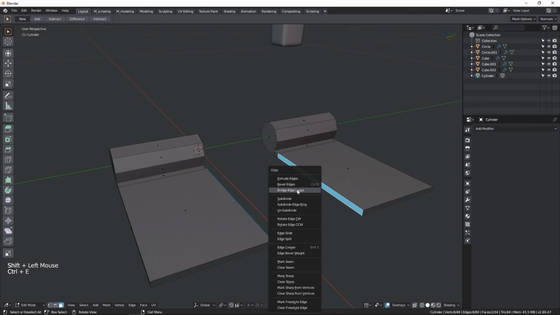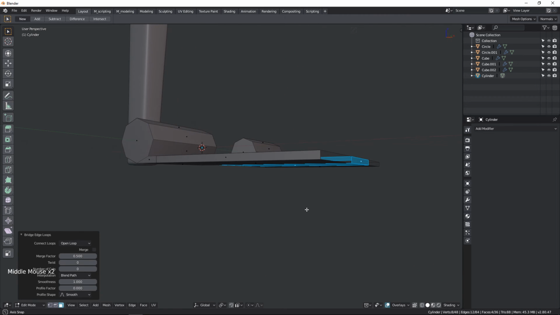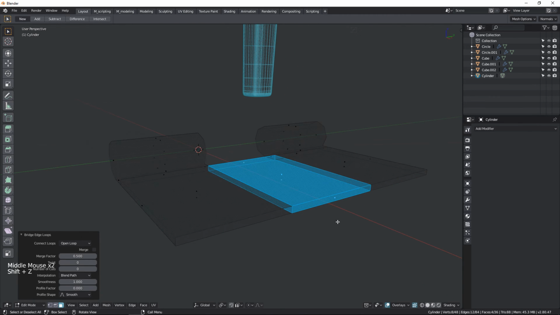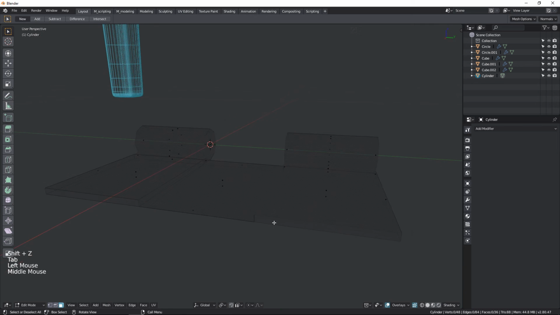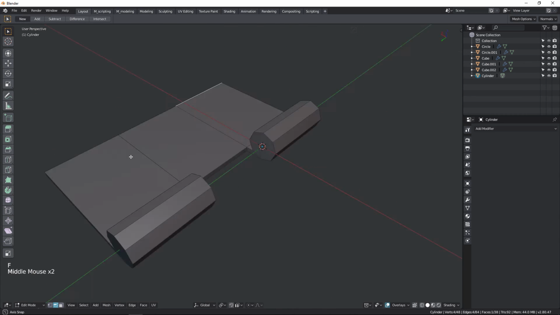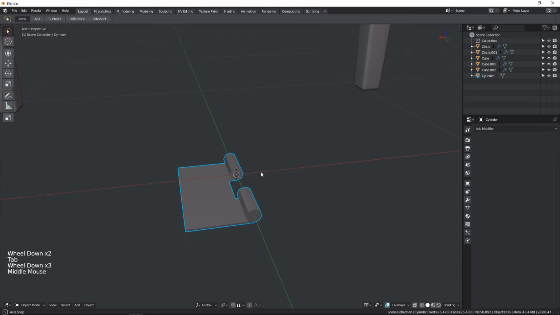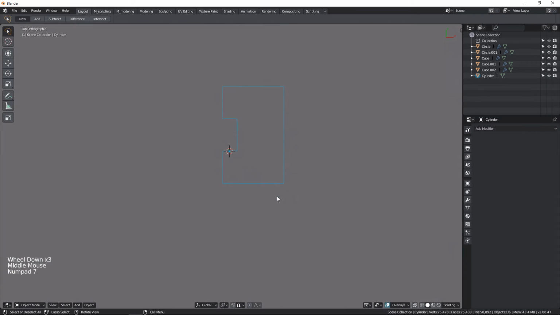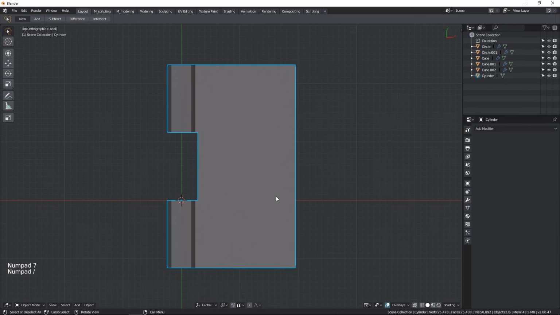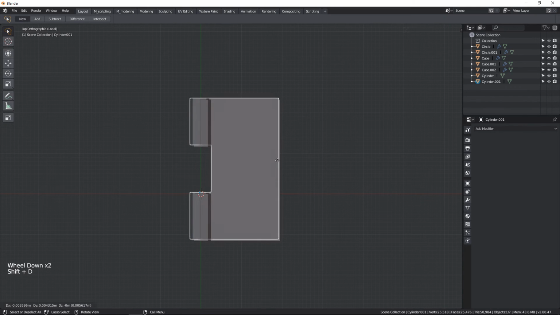Control E, bridge edge loops, and shouldn't have faces remaining there, but who knows? No, I don't. So I want to fill these guys and these guys, and all that's good and dandy. So before I go any further, let's make sure this works. So let's do that. I'm gonna duplicate it,